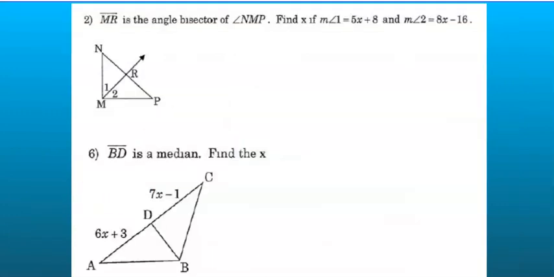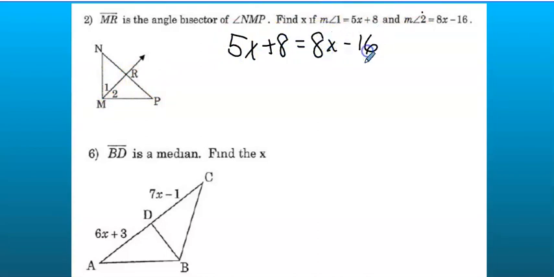Let's look at number, is that a 2? Okay, these are numbered really weird. MR is the angle bisector of NMP. So 1 and 2 are congruent, is what they're saying. Find x if the measure of angle 1 is 5x plus 8, and if 2 is 8x minus 16. They're congruent to each other, so you set them up equal to each other